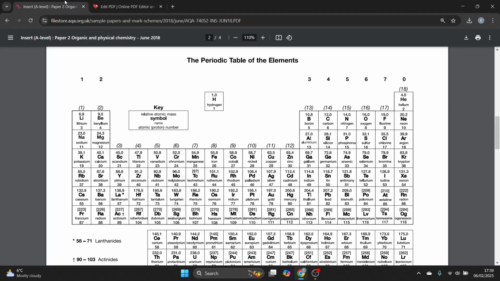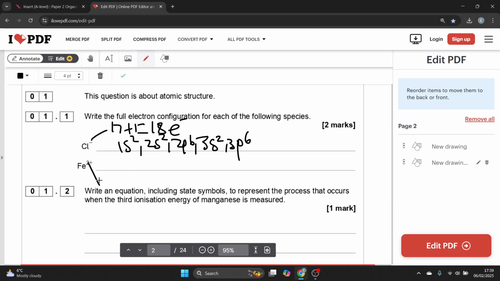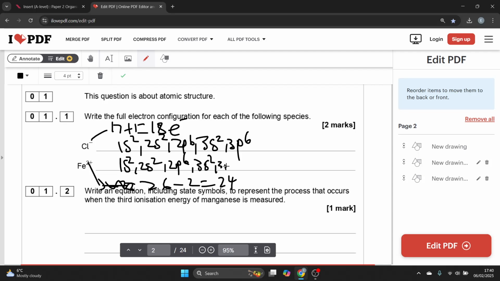Fe2+. Look at iron, and it has got 26 electrons, but because it's a 2 plus, I'm going to minus 2, so it's going to be 26 minus 2, which is 24. So it's going to be the exact same as Cl minus, except now that I need to add another 6 electrons. So 3p6, 4s2,